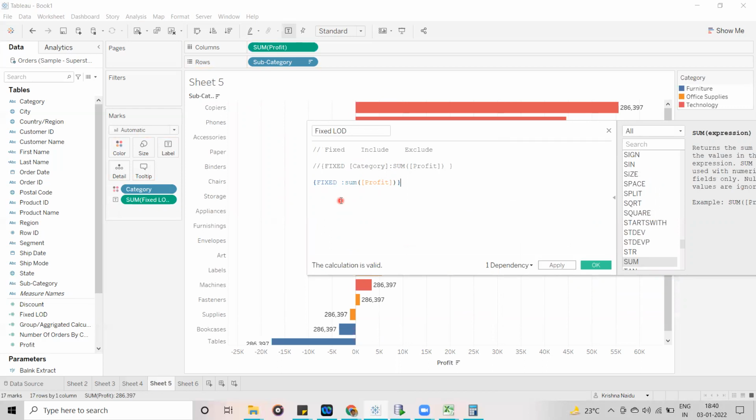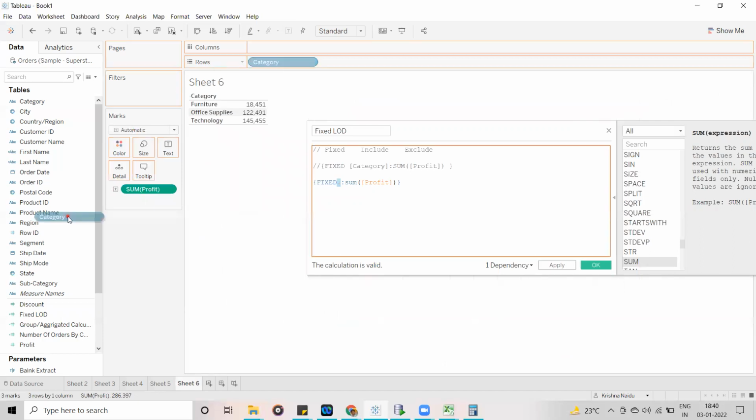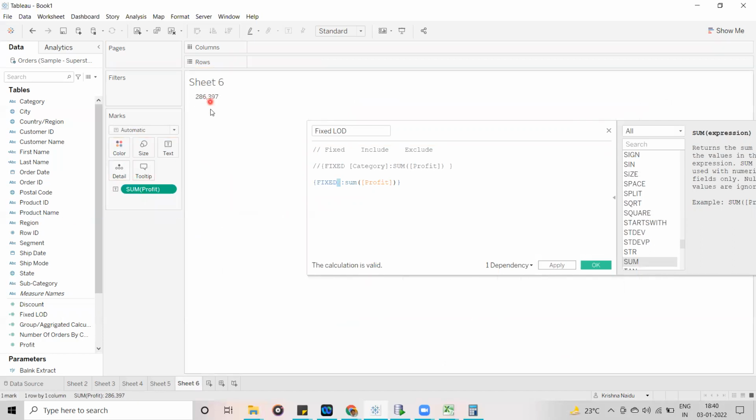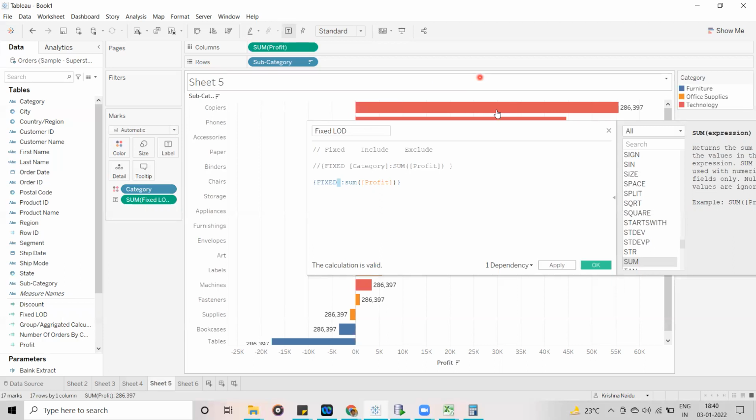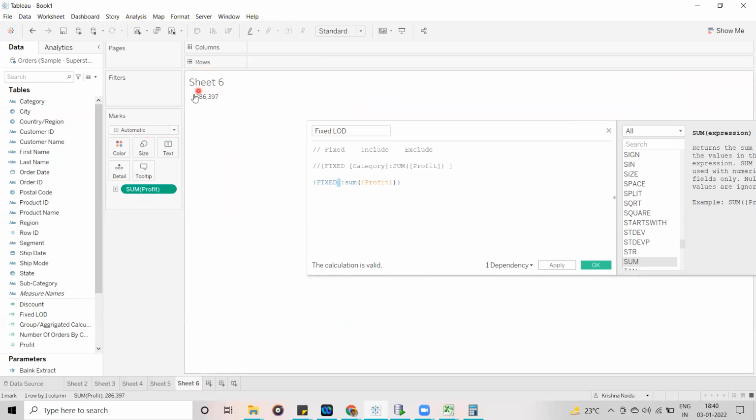See guys, if you don't include any dimension, it is going to display the sum of profit. Now let's go to sheet 6. If I remove the category, 286397 is the value it displays. This is the total profit.